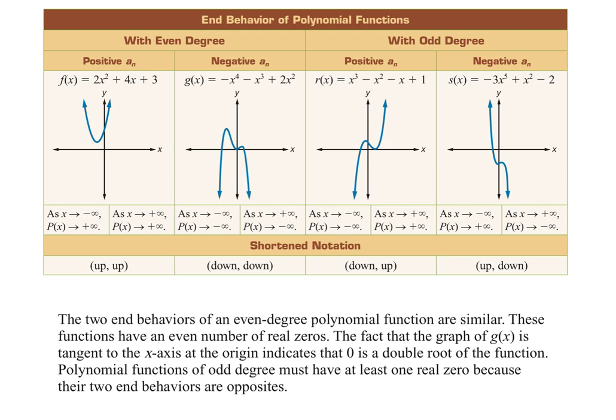All right? So then these 2 are odd. We have an odd degree. So this is 3, this is 5. All right? So anything with an odd degree is going to go different directions. If it's positive and odd,